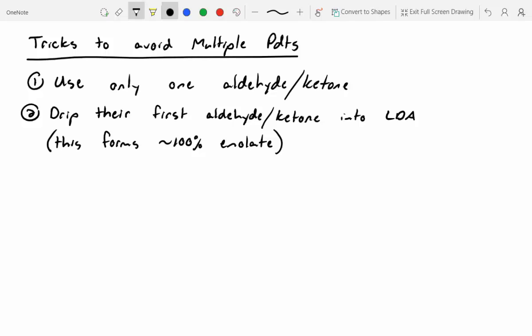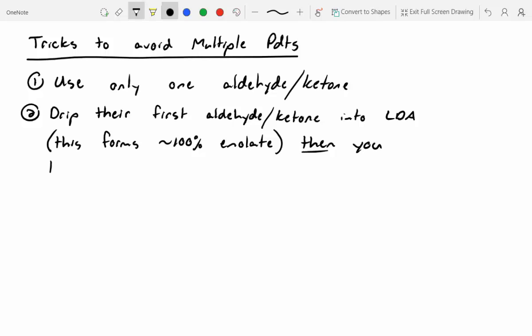So in this case, you oftentimes do what's called a cannula transfer, where you actually have 2 flasks side by side, and you essentially siphon one flask into the other flask under air-free conditions, and you can get this reaction to work quite nicely. So you first do that, then